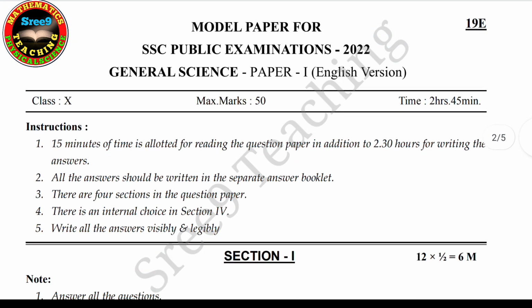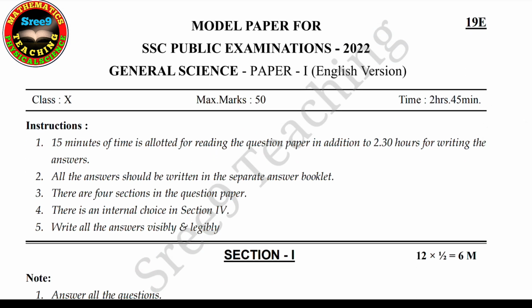Right, now here it is. See on the screen the model paper for SSC Public Examinations 2022 General Science paper 1 English version, right? Now class 10th maximum marks 50, time will be 2 hours and 45 minutes. So see the instructions fast. You will have 15 minutes of time allotted for reading the question paper in addition to 2 hours 30 minutes for writing the answers. It means that you will have 2 hours and 30 minutes for writing, but 15 minutes for reading the question paper. Whenever the question paper is handed over to you, at that time you first read all